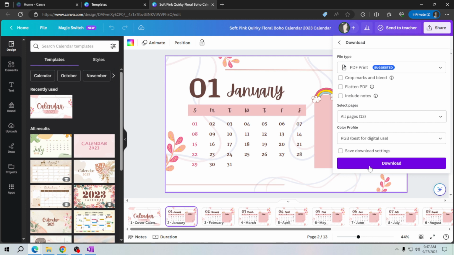And that's it. You now know how to find and customize printable calendars in Canva to keep your schedule organized and stylish. Using Canva templates makes creating your own printable calendars a breeze. So get started, find the perfect template, and keep track of your